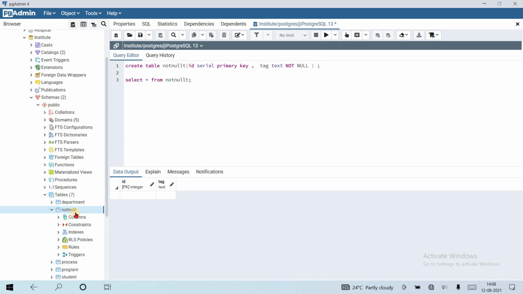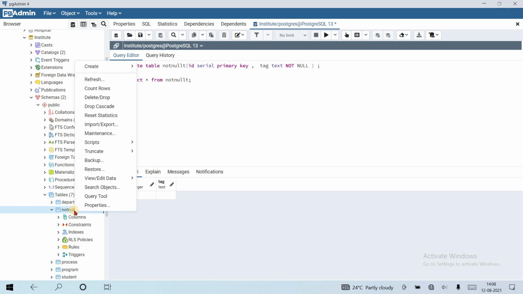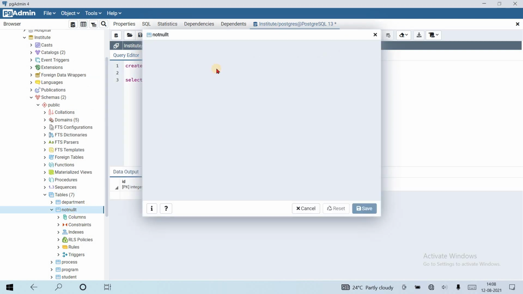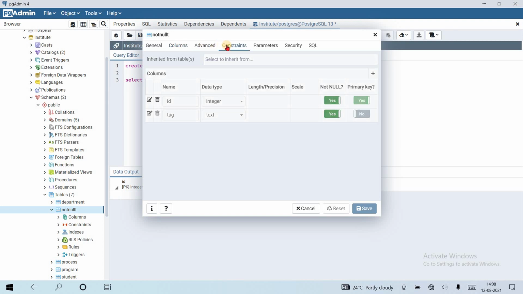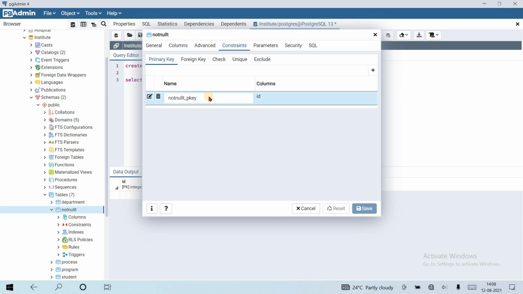Inside this, if I click on the table and properties, and click on constraint, the not null pk. Yes, by default the primary key is not null.